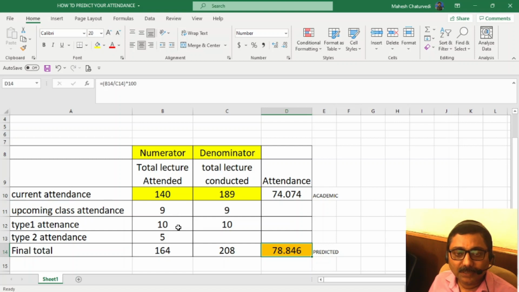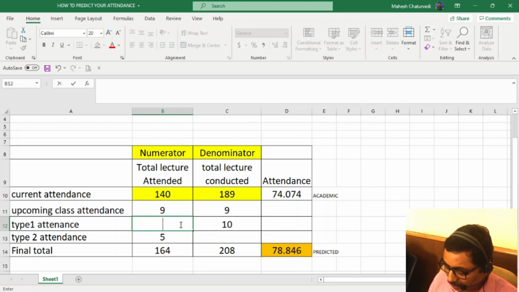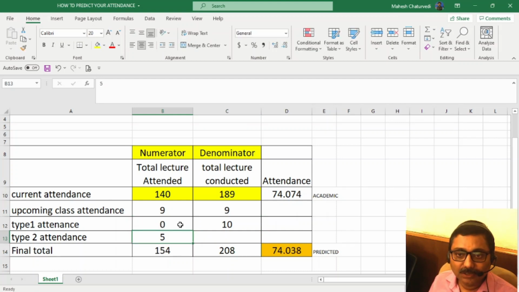So in some cases, suppose there is an emergency and there is an event in campus and you are not able to attend. Suppose that event will give you 10 attendance and you are not able to attend that, then you will get 0 in the numerator part, and now you can predict the effect of this.